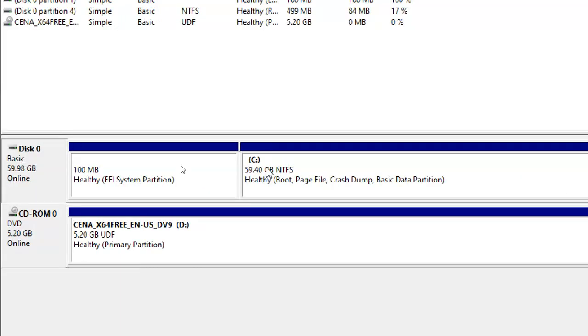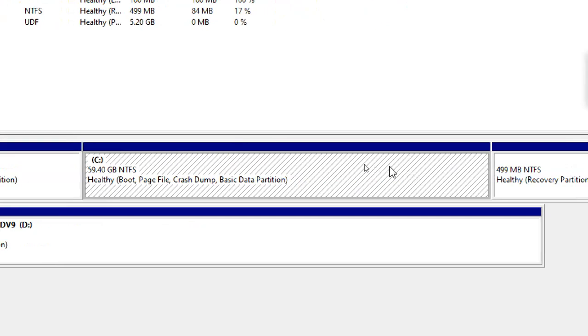Okay, next, this is the C drive. When I installed the operating system, I didn't make any partitions on the C drive. I took the entire disk.